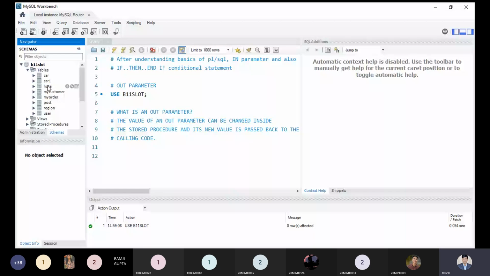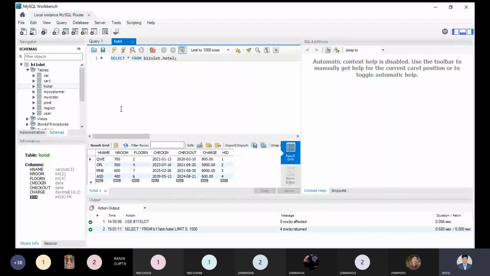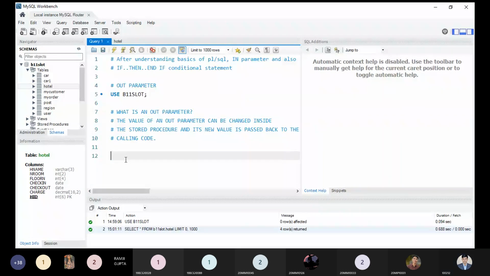In this case, we have some good data, so we will use this hotel table to get the result using the OUT parameter. Let us see the example.